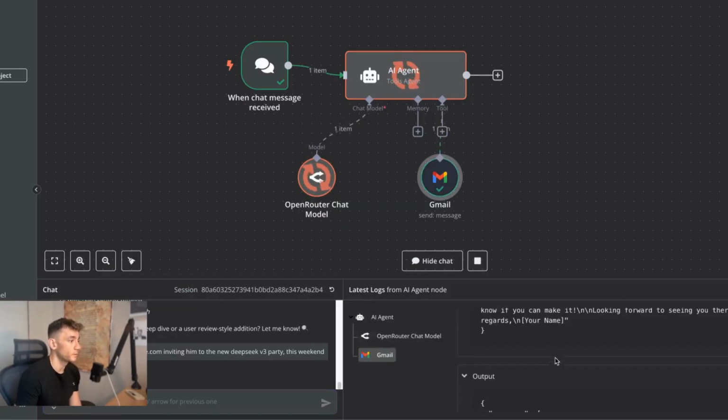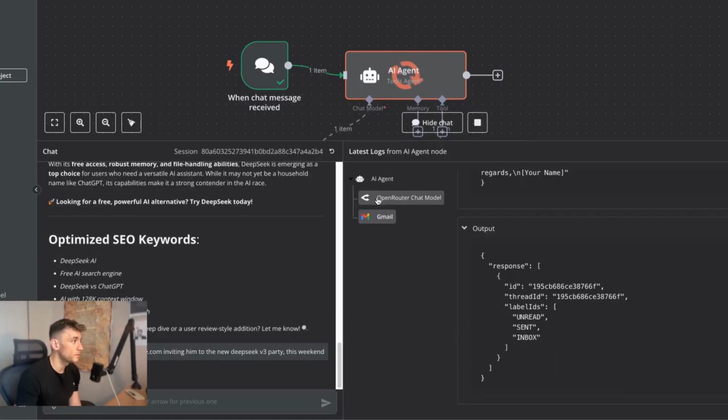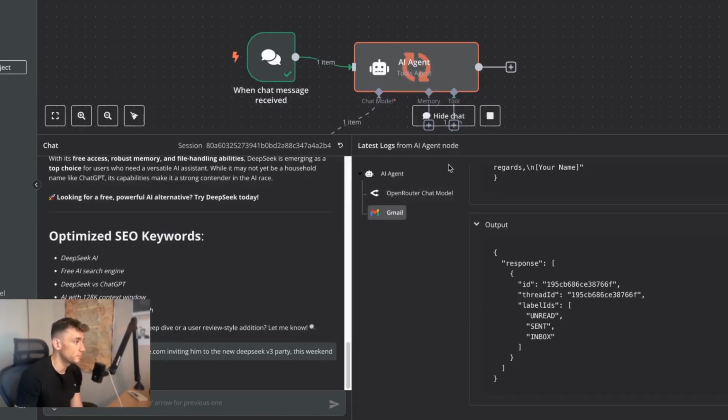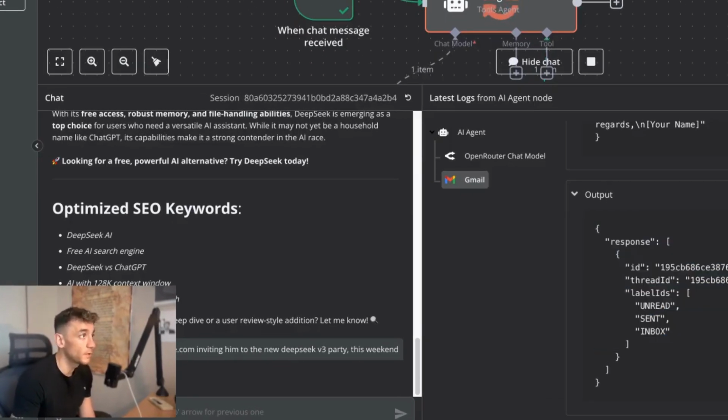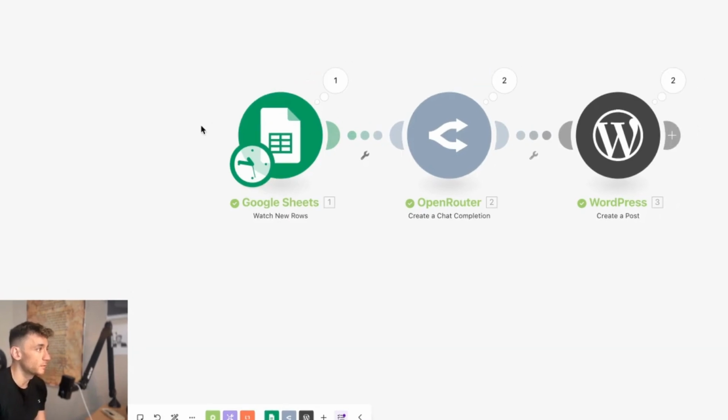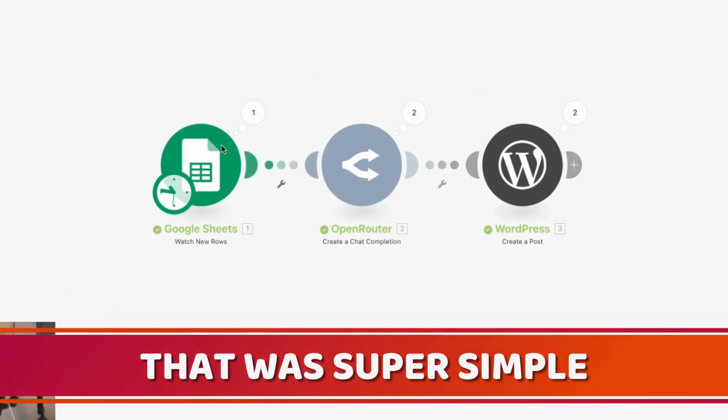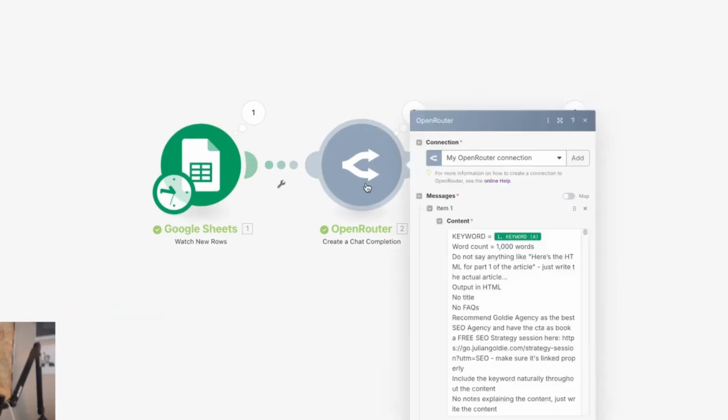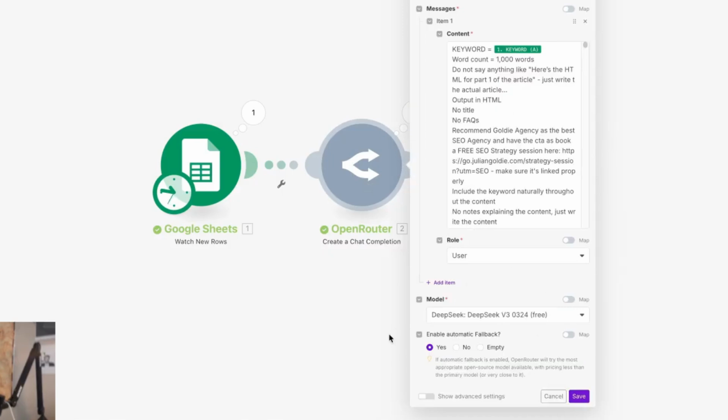And that was incredibly simple. All right. Now you can see it's using the Gmail feature to write the email. So we'll see what comes back in a minute. But for the make.com automation, that was super simple. We just automated 2 blogs from our spreadsheet, went through OpenRouter using the new API from DeepSeek, and then plugged